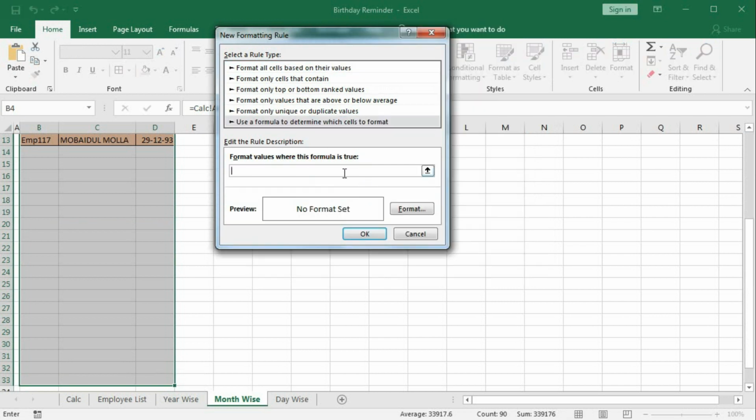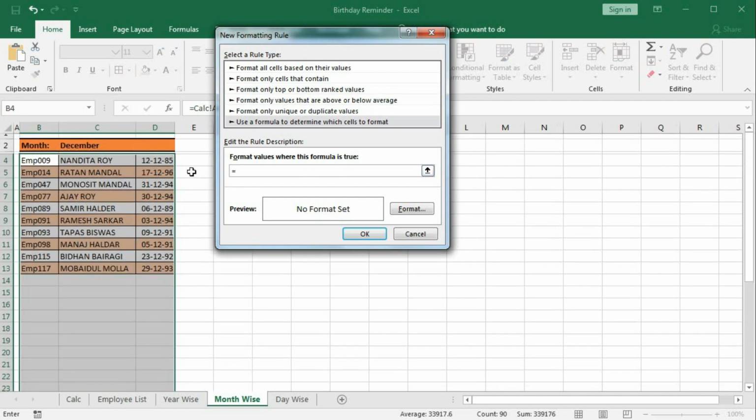Now type here equal to this cell, and here press F12, and we will convert the value of D4 to day, and month. So month, then again this cell, press F4.